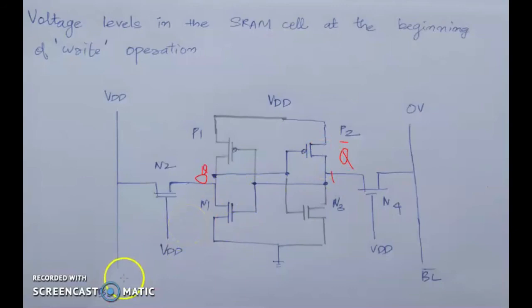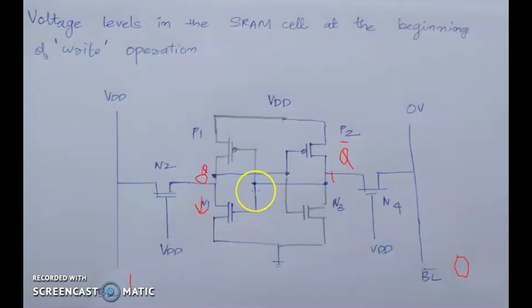In write operation, bitline will act as the input line, and we will provide bitline and bitline bar the desired value with which the memory cell has to be stored. Suppose I want to store 1 to this memory cell. I will give bit line 1 and bit line bar 0. This is done by the write circuit. So in write operation we want the 0 at Q to turn to 1 and Q bar to 0. So this is what we want. Let's see how this works.